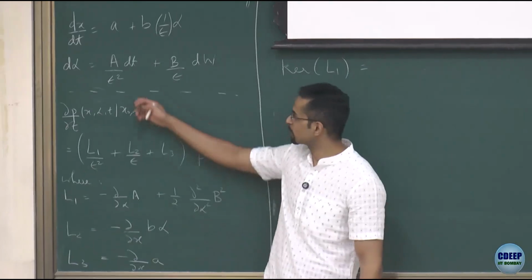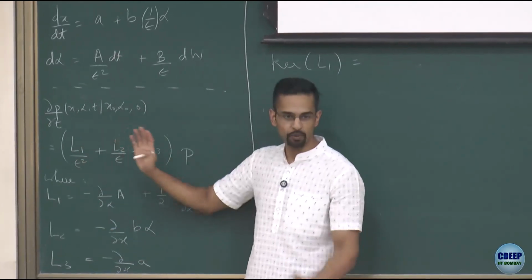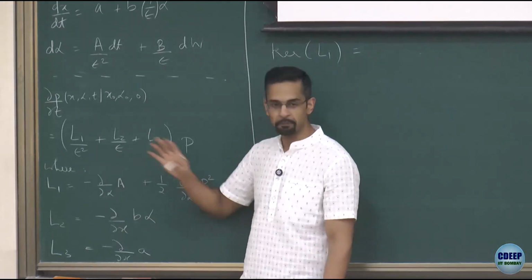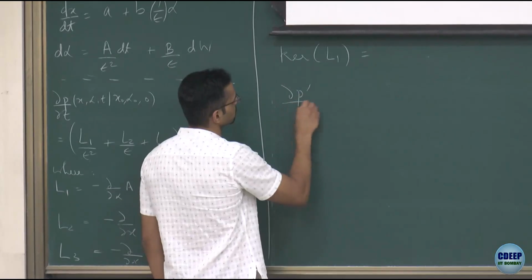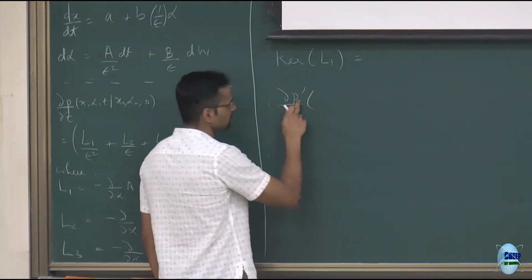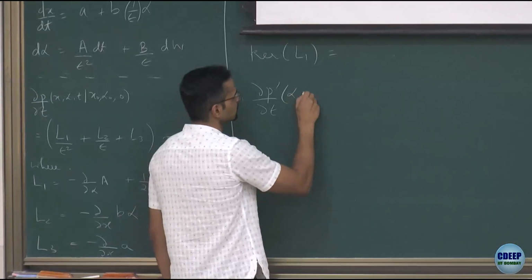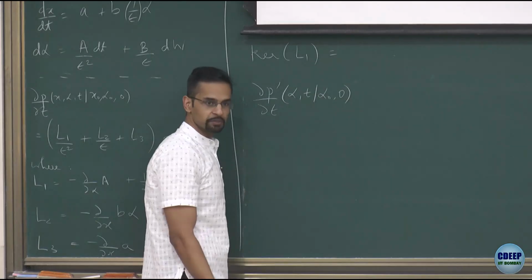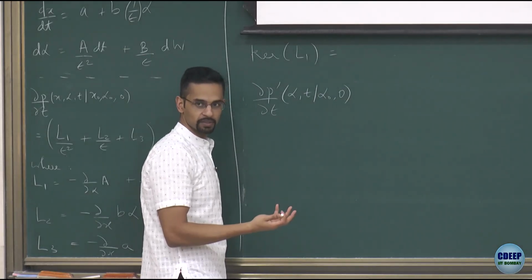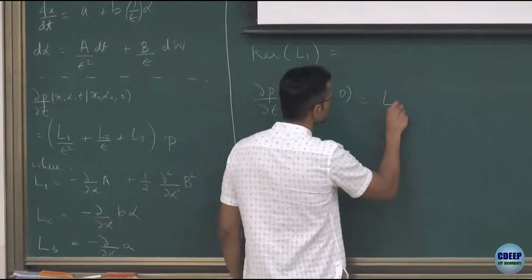Because the evolution of alpha is independent of x. I can write this combined Fokker-Planck for both of them, but I can also see a separate Fokker-Planck equation, right, of just, suppose I consider the probability distribution of just the alpha process. Right? The evolution of this PDF, which is just the alpha process, because that's anyway an independent equation. Right, so that Fokker-Planck will be just this.